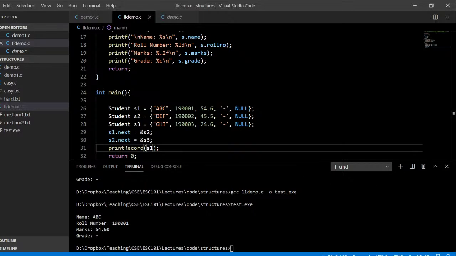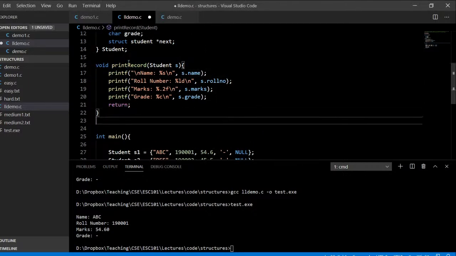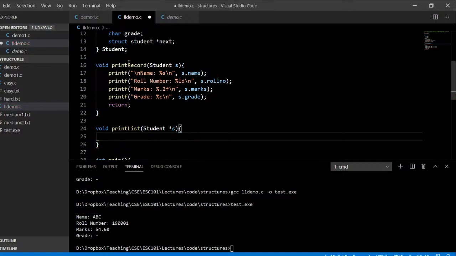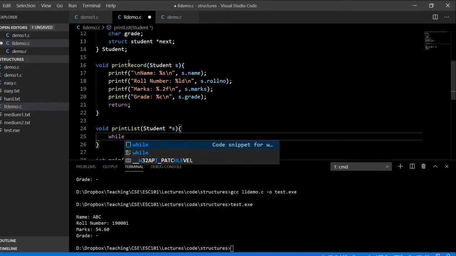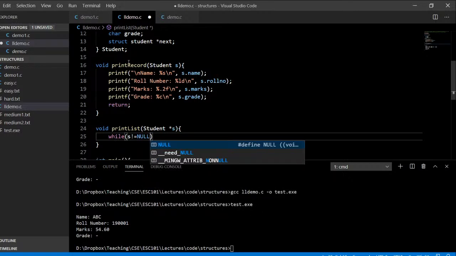How can I change this? So one way to do this is to say, instead of saying print the record, let me say print the list. Now I have a list, print list. Now what is going to be the parameter to the list? Has to be an address. So what will this do? While s not equals null,